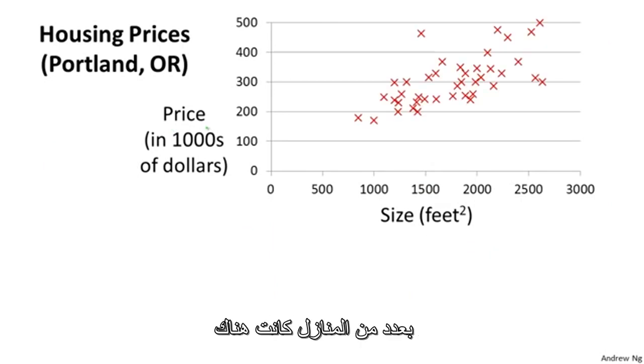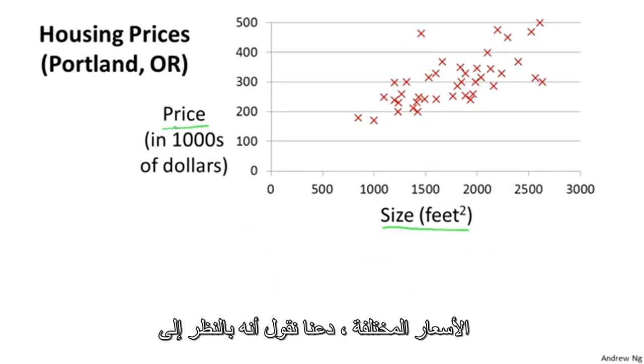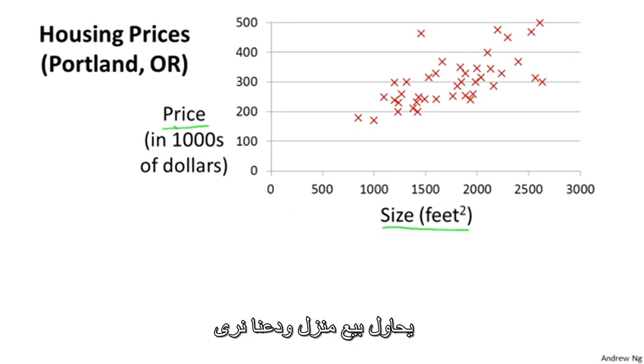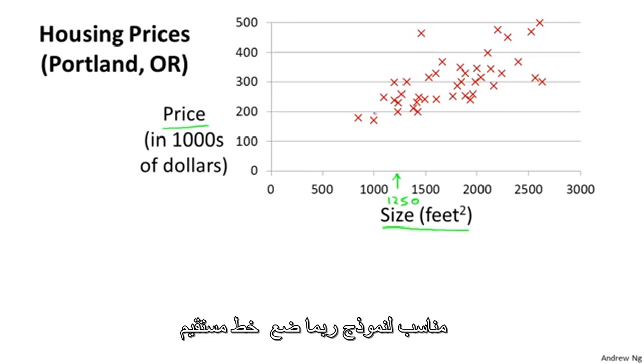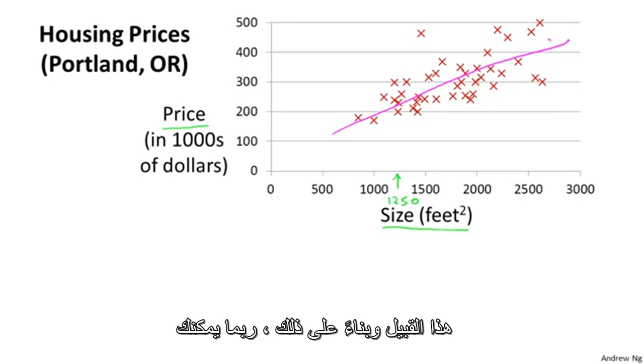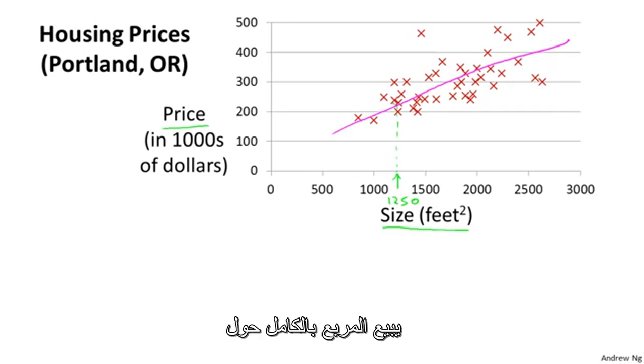to plot my data set of a number of houses that were of different sizes that were sold for a range of different prices. Let's say that given this data set, you have a friend that's trying to sell a house, and let's say your friend's house is of size 1,250 square feet, and you want to tell them how much they might be able to sell the house for. Well, one thing you could do is fit a model, maybe fit a straight line to this data. That might look something like that. And based on that, maybe you could tell your friend that looks like they can maybe sell the house for around